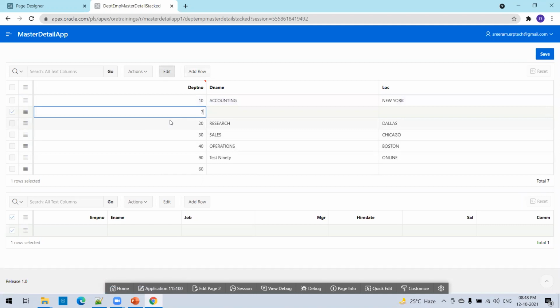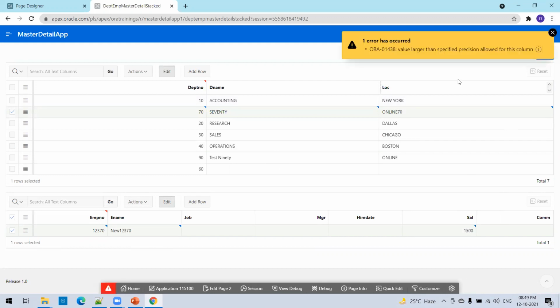I'll say 70 as a new department. And now I can enter the EMP record, a new 12370, and we can mention the salary and click on save.